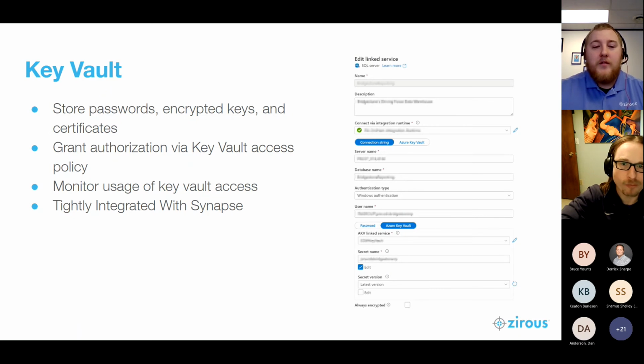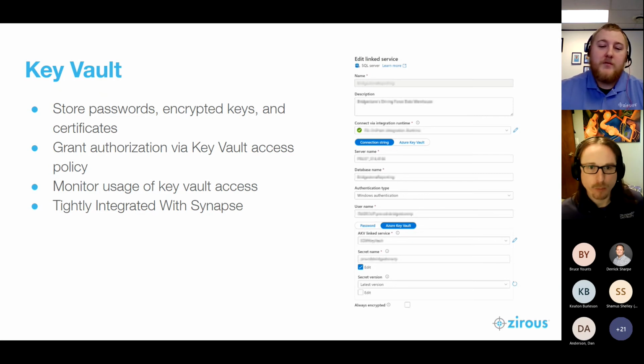What this tool does is it handles credential storage for anything that you're going to be accessing through Azure Synapse. So for example, if you have a SQL server that you have to give some username and password for, you can store those credentials inside of Key Vault. And you can see how tightly integrated that is through the image on the right side of the screen there. At each step, we have the option to input whether we want raw credentials or whether we want to put in an Azure Key Vault for those connections. And we can do that at different levels, whether it's a connection string level or just a password level.